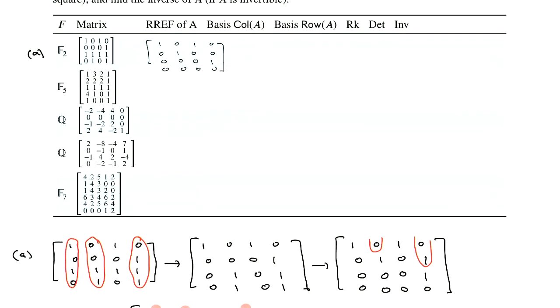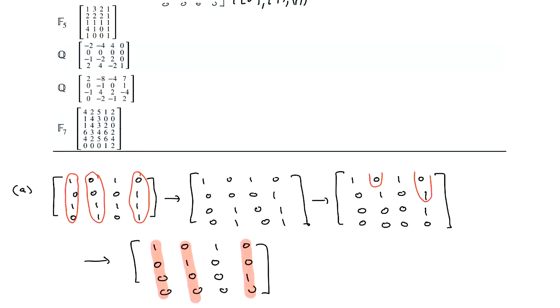So basis for the column space is 1, 0, 0, oh sorry. 1, 0, 1, 0, 0, 0, 1, 1, and 0, 1, 1, 1. Now, basis of the row space,